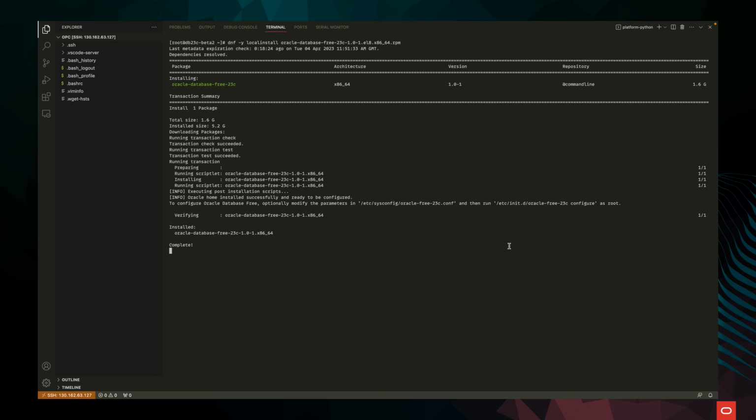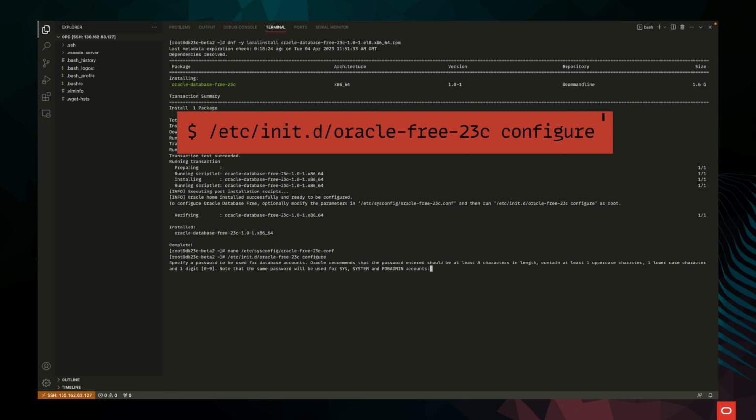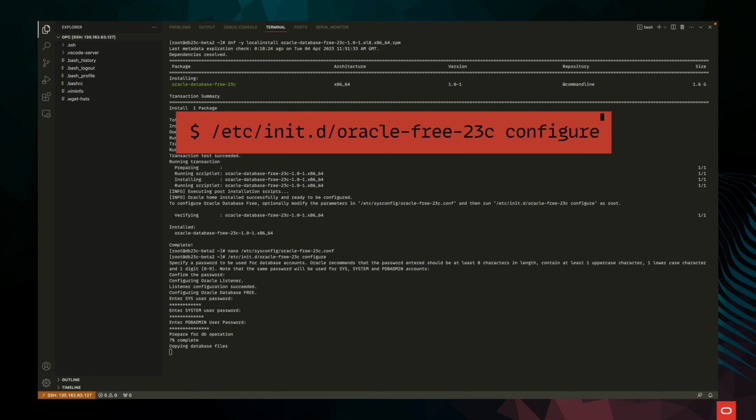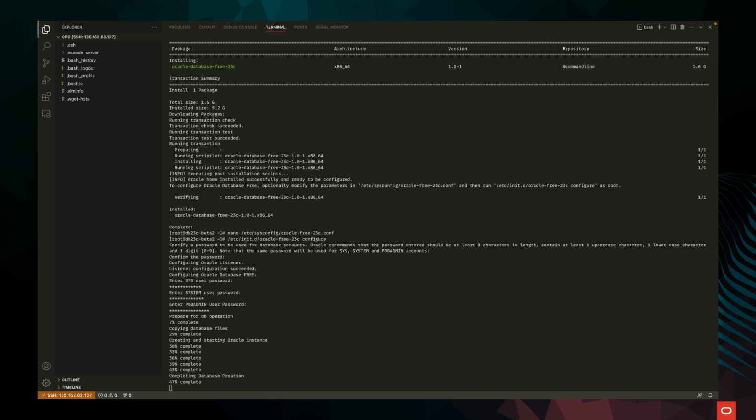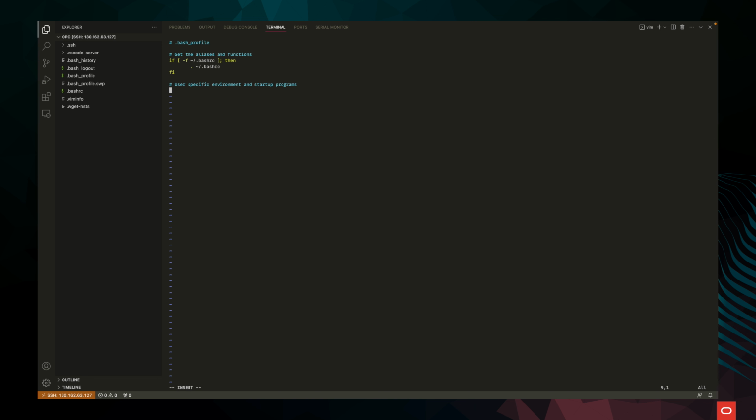After the installation of the RPMs has finished, we can now run Oracle Free 23c configure in order to configure our database and set the passwords for the users. Once this is done, we will set the environment variables, reload our profile,